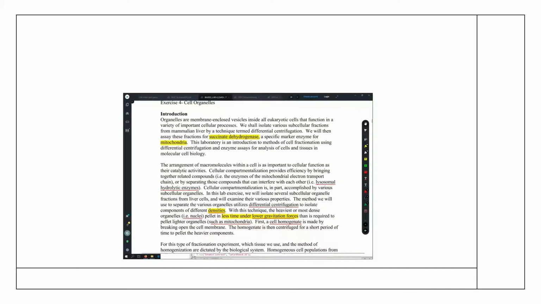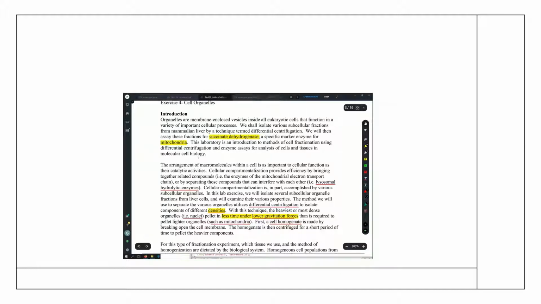Introduction. Organelles are membrane enclosed vesicles inside all eukaryotic cells that function in a variety of important cellular processes. We shall isolate various subcellular fractions from mammalian liver by a technique termed differential centrifugation. We will then assay these fractions for succinate dehydrogenase, a specific marker enzyme for mitochondria. So the fact that succinate dehydrogenase is a marker enzyme for mitochondria means that it should only be found in